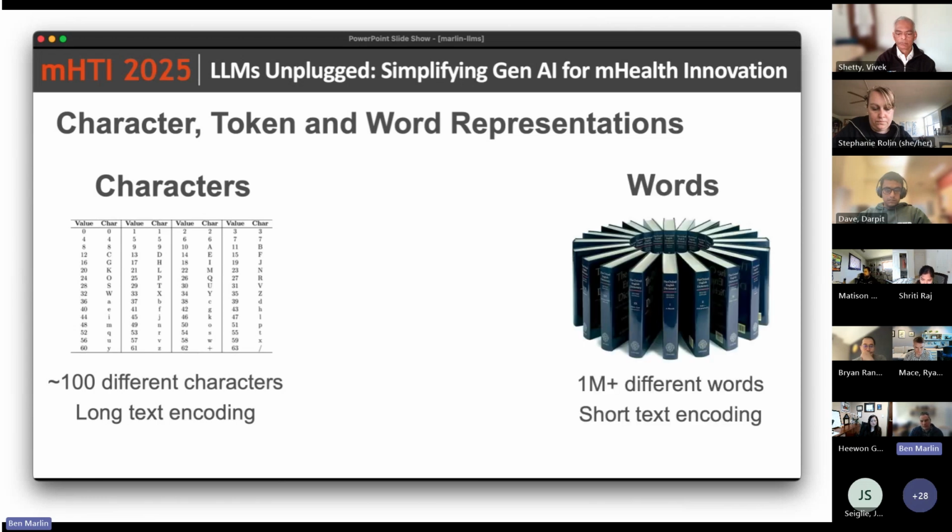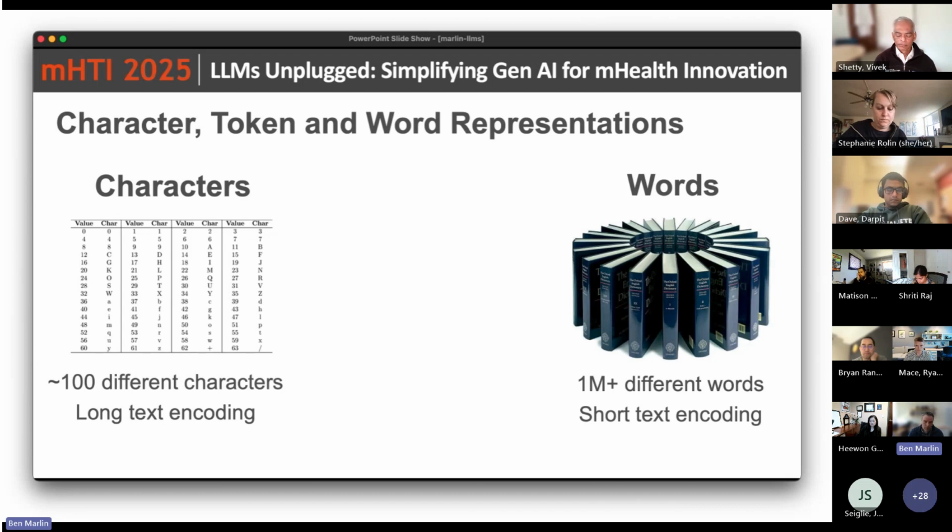The opposite end of the spectrum is to build language models on top of word representations. So this is the trade-off where now the text encoding becomes much shorter because you're thinking about words as being the primary thing that you're representing. But then the vocabulary size is much larger. There's maybe 1 million plus words that you might need to represent. That's assuming things like correct spelling. When you start looking at inclusion of proper nouns, so names of people and other entities, it gets even larger. So the representation directly using words is inefficient for a different reason: the vocabulary size, the number of different possible values that your predictions can take, becomes very, very large, right?